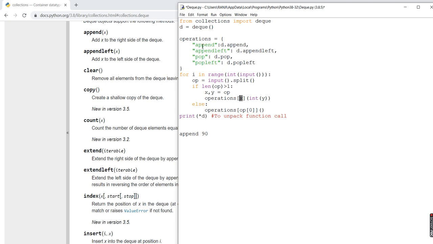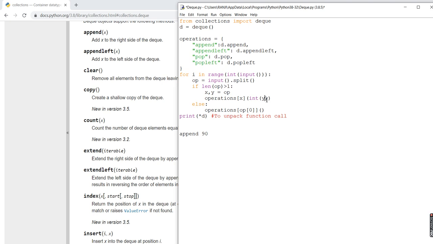Whatever operation from this that we are passing, x will take the key value that we have, and after that, separated by a white space, we pass the element that we want to put.